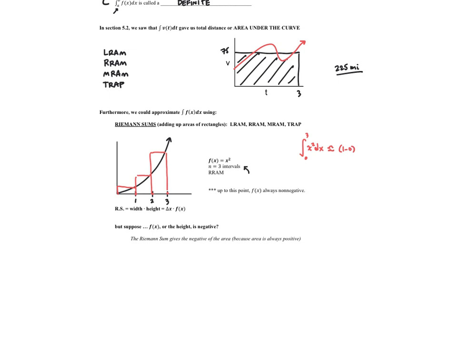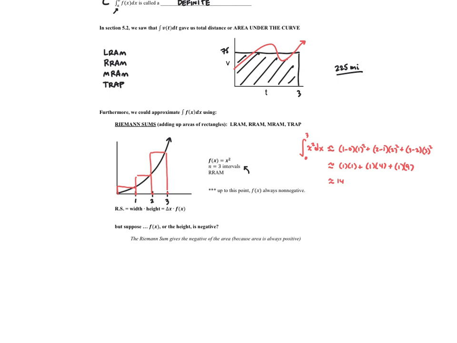1 minus 0 times 1 squared plus 2 minus 1 times 2 squared plus 3 minus 2 times 3 squared. So the area under that curve comes out to be approximately equal to 1 times 1 plus 1 times 4 plus 1 times 9, which was 14. And we looked at that in a previous example